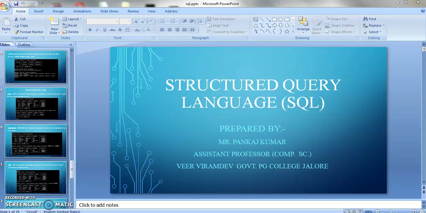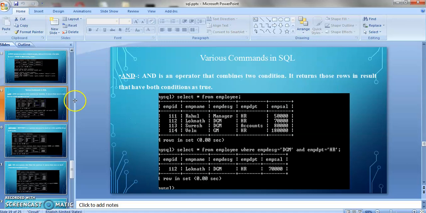So in today's session, we'll see the various commands, operators and clauses in MySQL that are very helpful, as well as the practical demonstration of each of them. So without wasting any time, we'll start today's session.